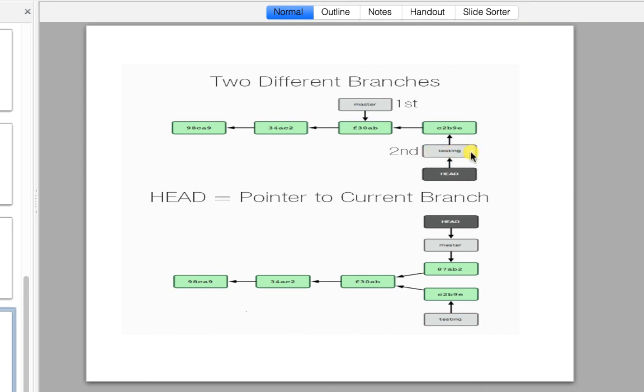So whenever we are referring to the testing branch, we will be having 1, 2, 3, 4 commits. Okay, and when we are referring to the master branch, we will be having those 3 commits. So if I check out to the master branch, I will get the snapshot of this particular version of the repository.